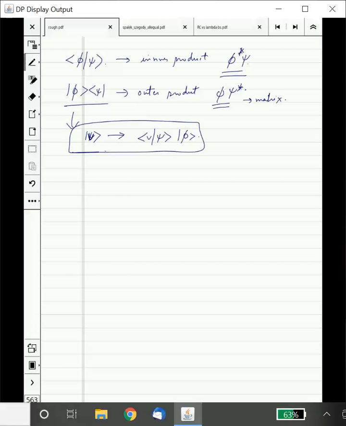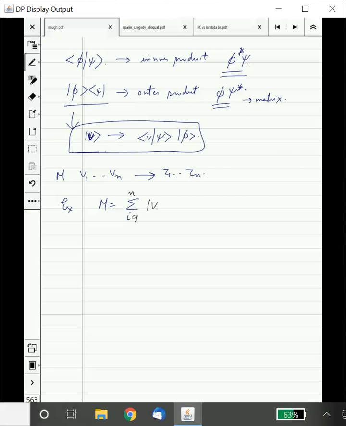Similarly, you can define actually any linear operator. So if a linear operator takes v1 to vn to z1 to zn, then you can convince yourself that m is summation over